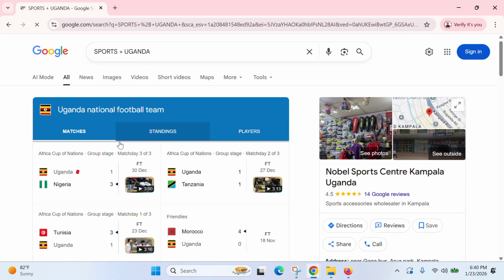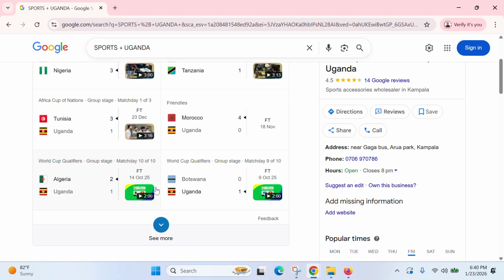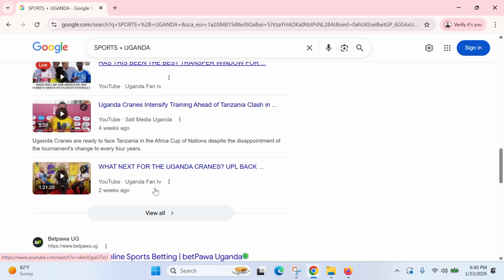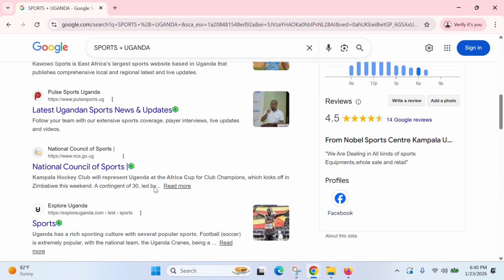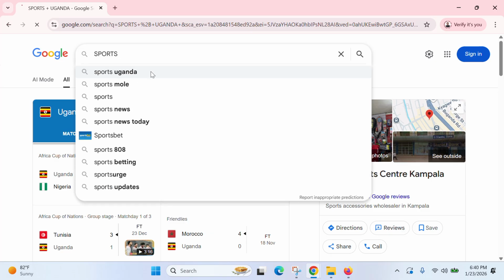You see, the information is now different. I'm getting the sports in Uganda. These are AFCON results for Uganda. Maybe you want sports in strictly Uganda. That's what you're going to get. Sports in Uganda. But if you don't add a plus Uganda and then you just search for sports, you're going to get